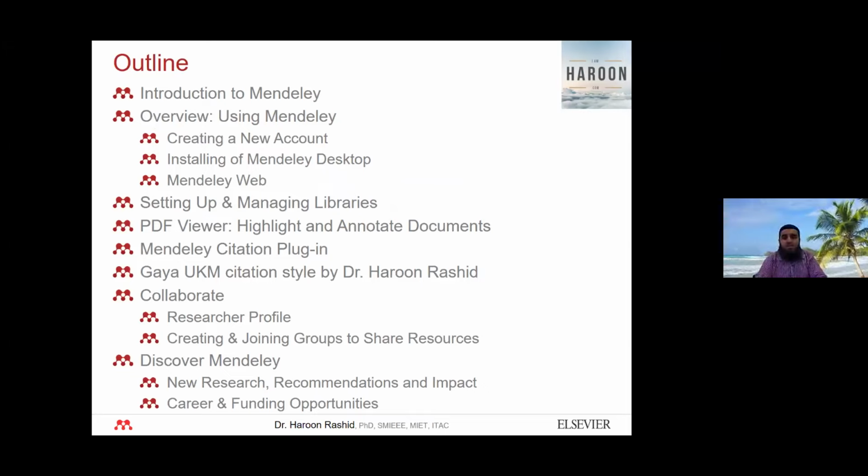First of all, I will give you an introduction about Mendeley. What is Mendeley? How is it different from the other reference manager tools? Then we will see an overview of Mendeley: how you can create a new account, installing Mendeley Desktop, and then working with Mendeley Web. I'll give you a comparison between them as well. And then we will set up the libraries, and you will create the libraries. First, I will give you the demo. You will be able to see how things are done, and then practically you will do it